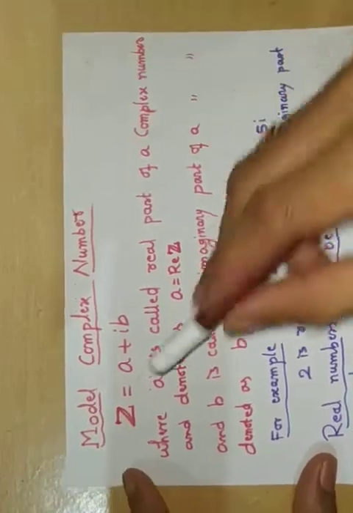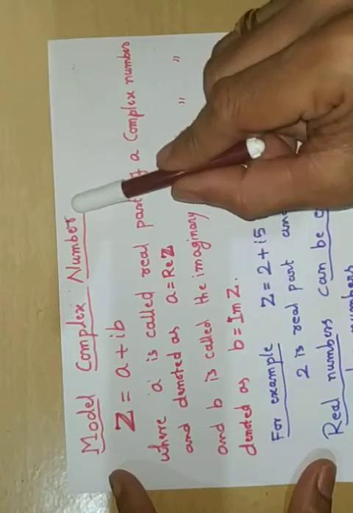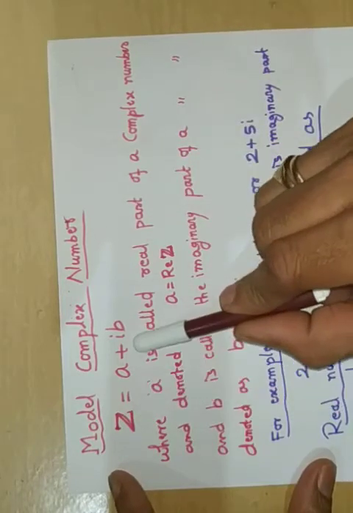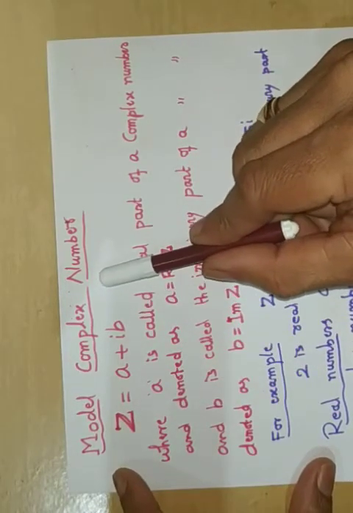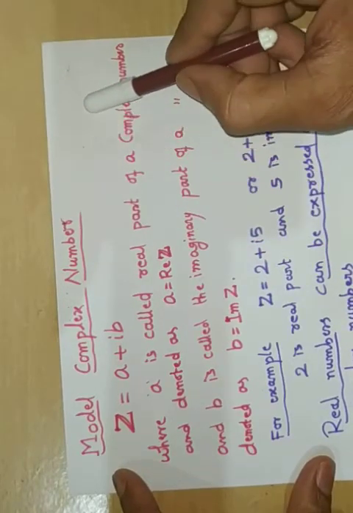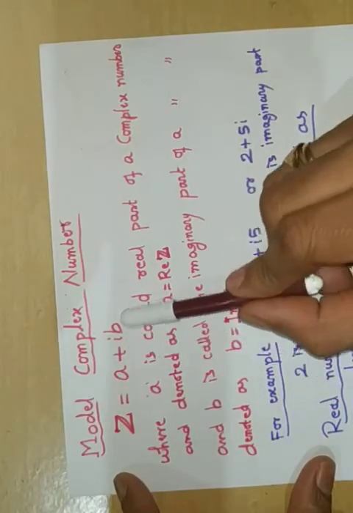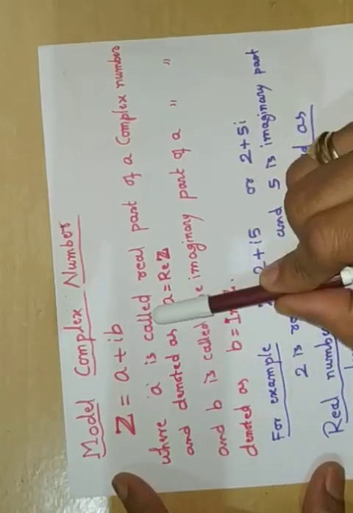Okay students, now let me tell you about complex numbers. A complex number z is equal to a plus ib, or we can express it as x plus iy, or m plus in. Whatever it may be, the form is a plus ib, where a is called the real part